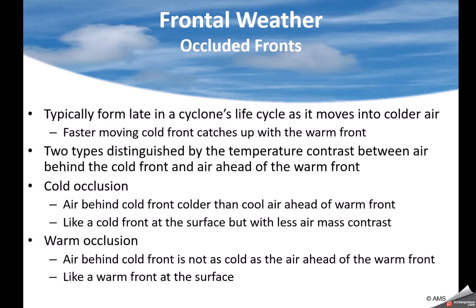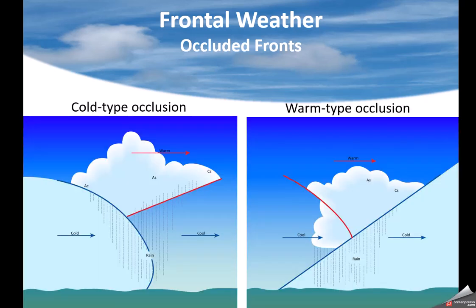Occluded fronts. All right, let's see if we can get a little picture of that. What happens is you get a very strong cold front that has pushed along, and it's because of the low pressure system, the cyclone, it has overrun that warm air that's been up ahead of it. It literally pushed all that warm air. There was another cold front out ahead of the warm front, so we just pushed that whole warm front up aloft. So all the warm air now is aloft.